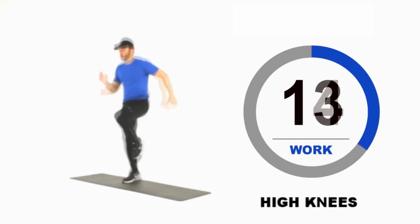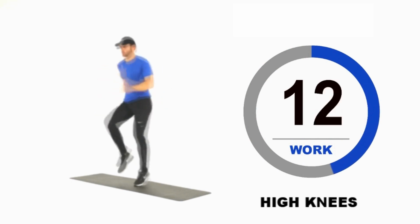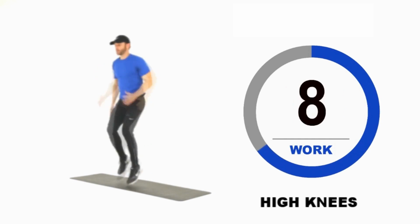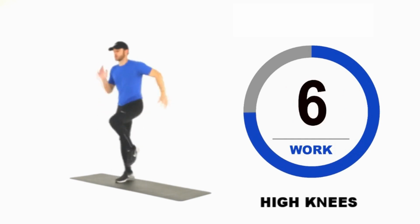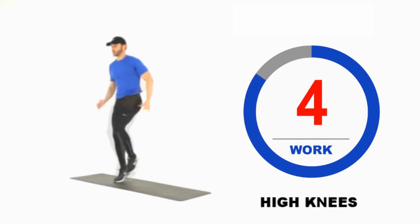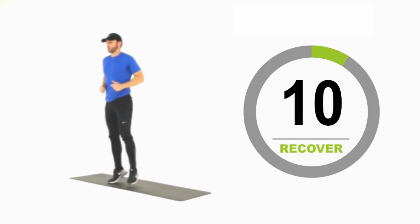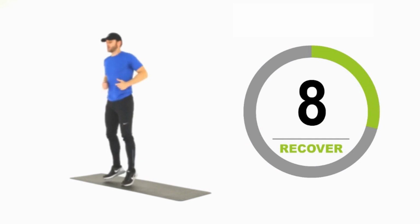15 seconds. 10 seconds, keep going. 5, 4, 3, 2, 1. Great stuff. 10-second recovery, and then we're going to move on to our second dynamic core exercise, and we're doing